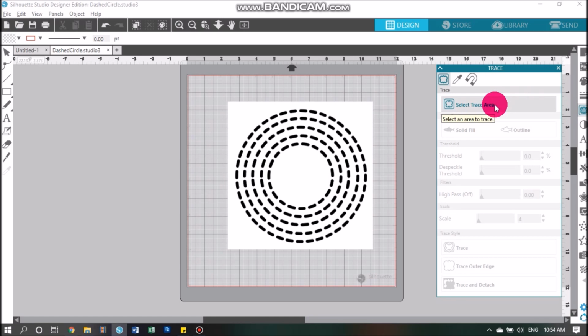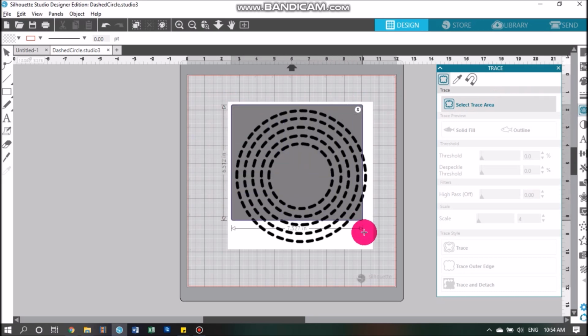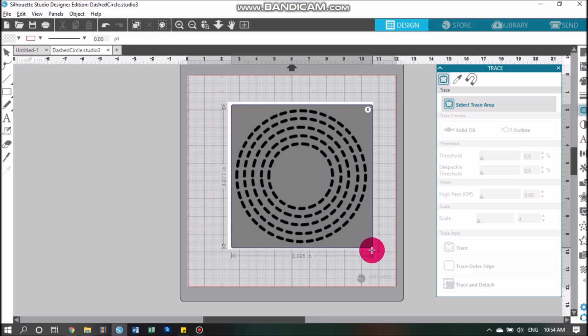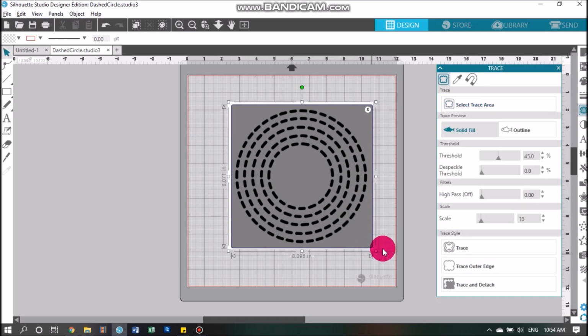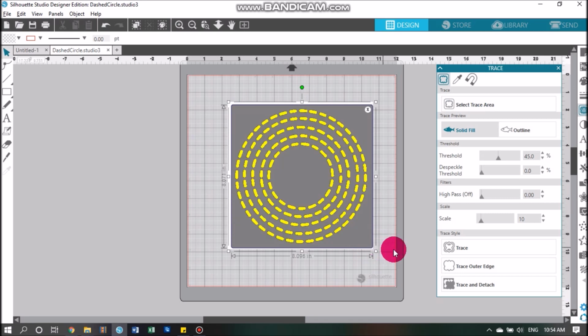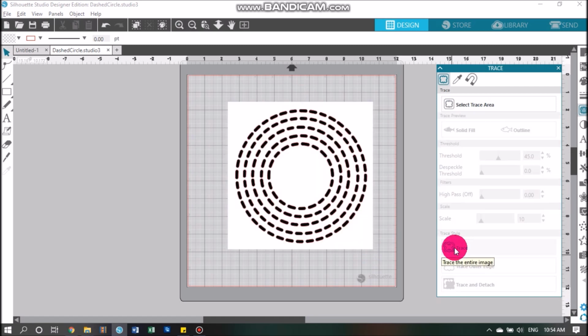When you go back over to your cutting mat, you'll see that you have a little cross, and you just push the mouse down and drag it over the entire image like that. So you've got a box around the image. You'll see in a sec that's going to go yellow, and then in the trace menu you hit trace. You'll see you get little red lines,